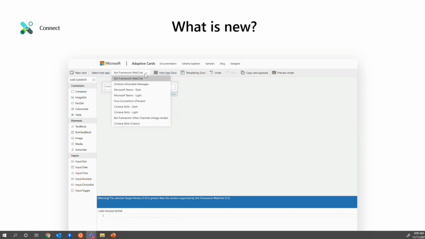You can go down and select Viva Connections preview from the select host dropdown and describe your content as a simple JSON object as usual. This content can then be rendered natively inside a host app and automatically adapt to the look and feel of Viva Connections. So as part of this visual alignment effort between Viva and the Adaptive Card Designer, we did a